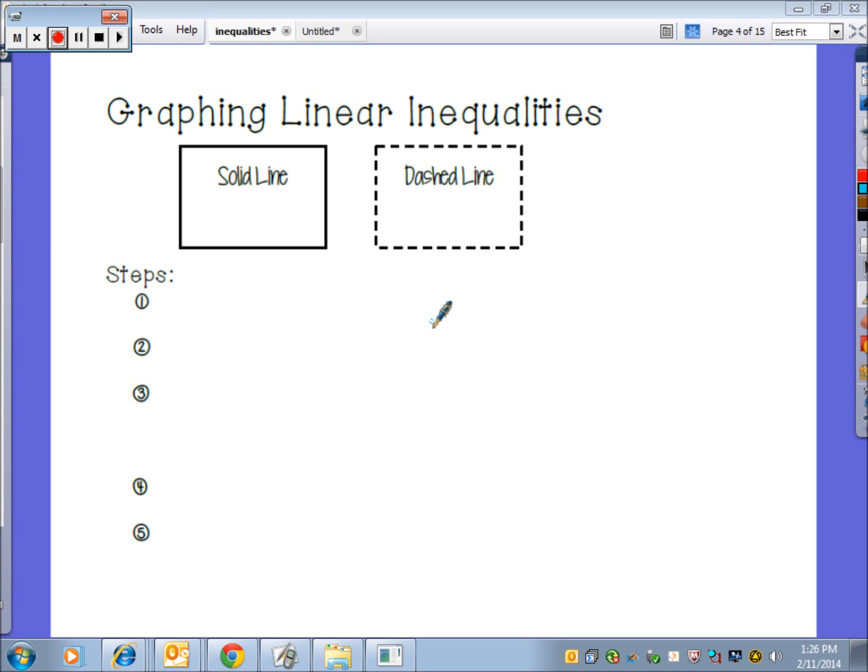Graphing linear inequalities. The first thing that we have to decide when graphing a linear inequality is if we're going to use a solid line versus a dashed line. Solid lines are used for less than or equal to and greater than or equal to. Dashed lines are used for less than or greater than, much like before when we used a closed dot versus an open dot. So the first step to graphing an inequality is to decide